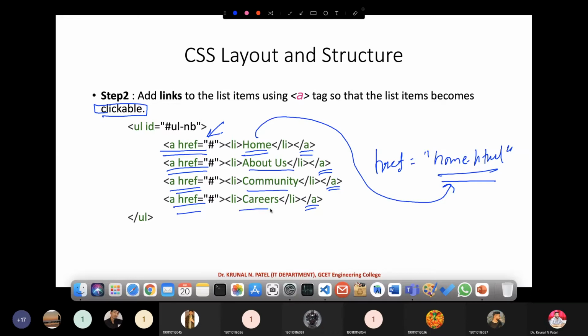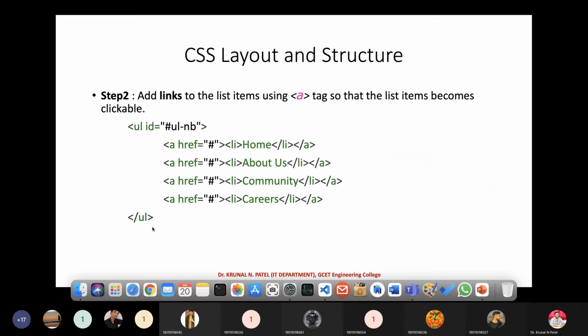Similarly for About Us, Community and Careers. It is a very simple agenda: first of all, you have to create an unordered list, and put all the list items in between the anchor tag. That's it, guys. Now the rest of the part will be taken care of by CSS. So let's go for it.